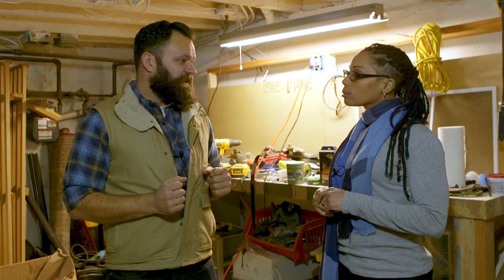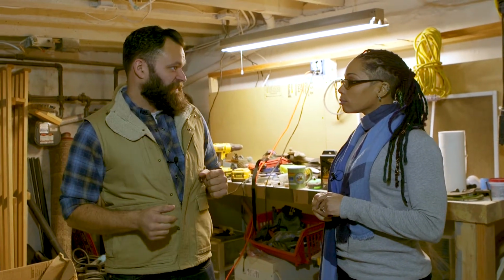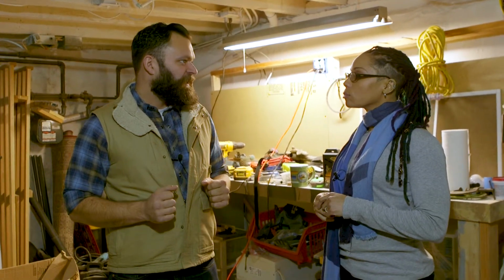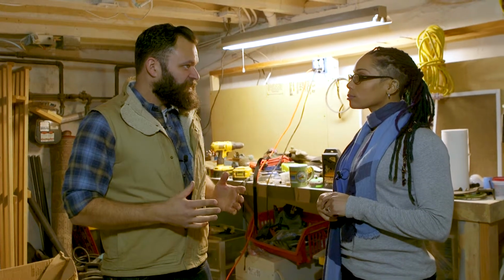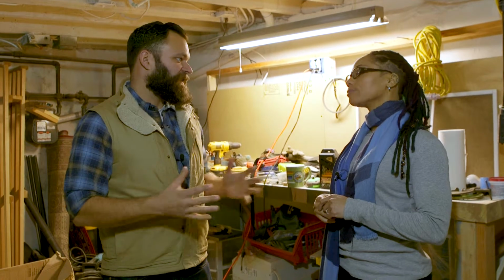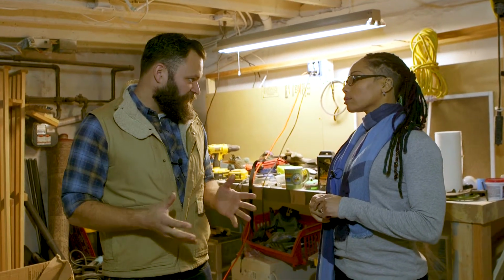Sure. Now that said, either way, if you're going through a home, you want to start in the basement, because we know, especially here in Philly, basements can be wet. Sure. And then, other than that, we want to think about anywhere else where there's moisture. Unfortunately, anywhere where there's moisture, there's potential plumbing. That's exactly right. So if you have, let's say, leaking plumbing anywhere in the home, you could have potential for